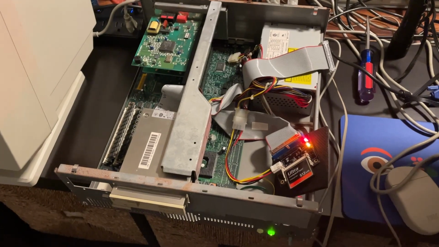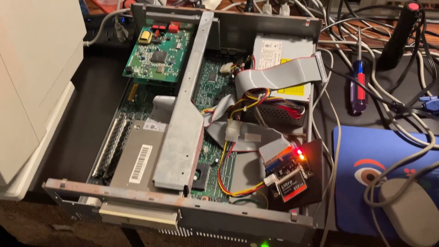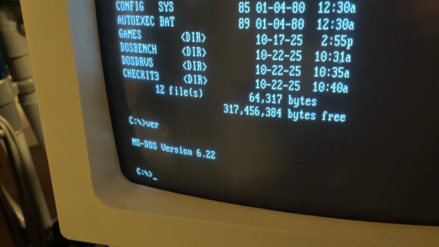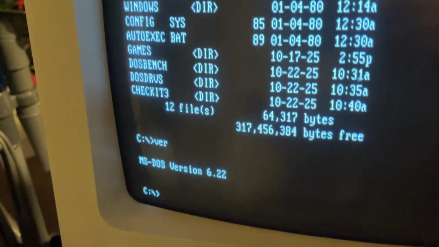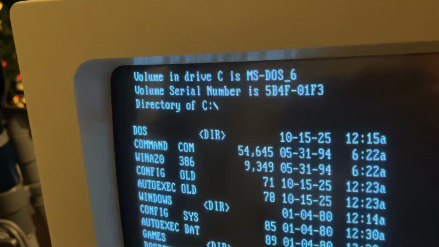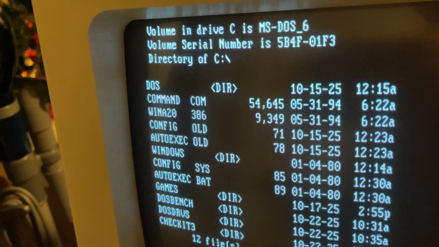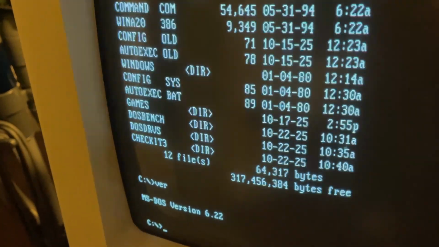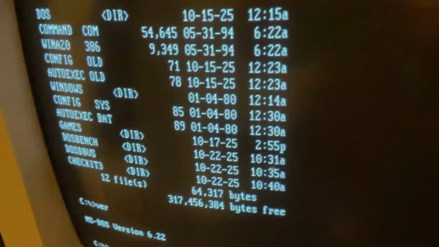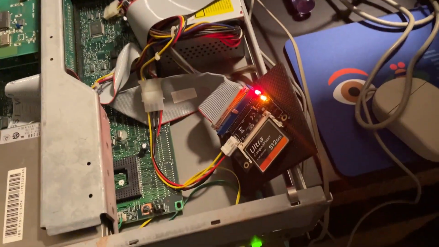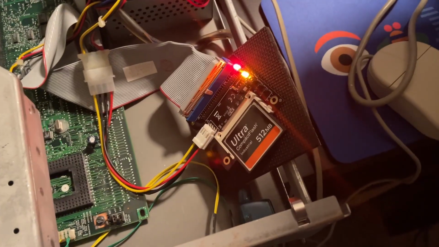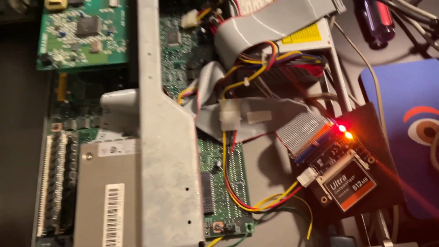So on this IBM PS1, which is currently under development, I have running a version of DOS 6.22, and I've already installed a bunch of applications, like there's Windows 3.11 and a ton of games running on this thing, as well as a bunch of benchmarking tools. I've installed this on this compact flash card here, 512 megabyte compact flash card that's hooked up to the machine's